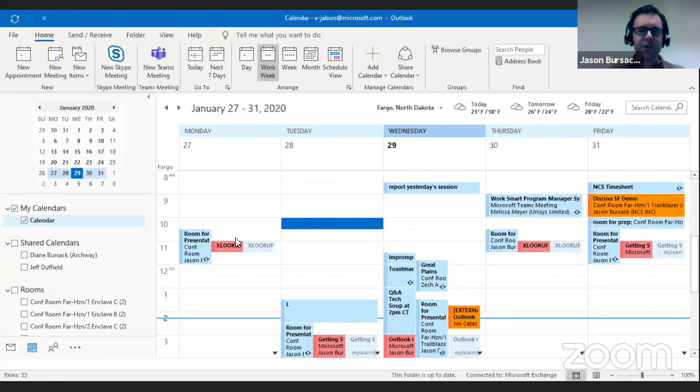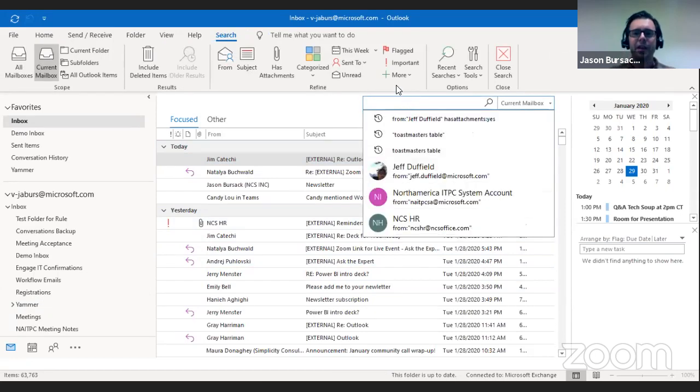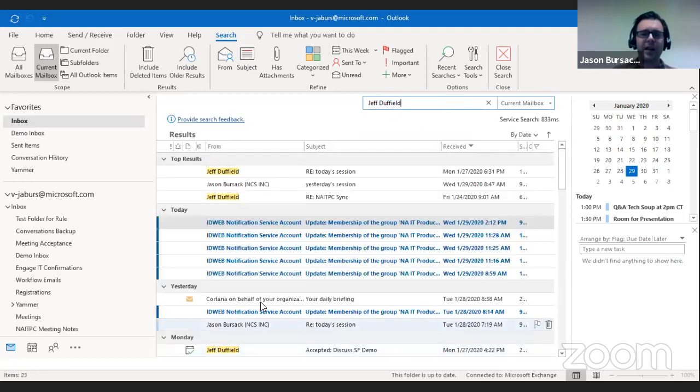Let's take a look at contextual search. If I go back to my mail, and if I click on search current mailbox, you'll see instantly the contextual search features. So if I'm looking for something from Jeff, I can just type Jeff Duffield. I can just hit return, but I'm going to get all sorts of wacky stuff. I get these system emails that are sent to me and Jeff. I get some of the emails that I might be interested in,